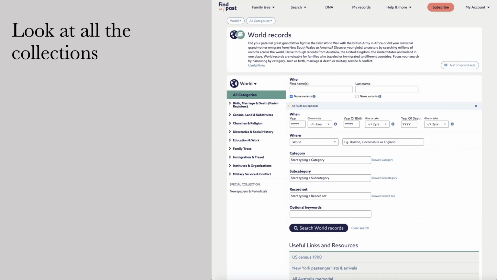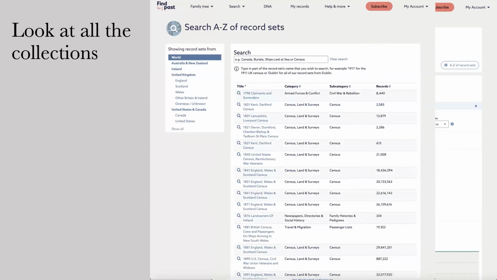So one thing that's important about all of these programs, any program you go into that's an online database, meaning they have collections of genealogical records, or any records for that matter, that may be helpful to genealogy. One of the first things you need to understand, and get a concept of, is what records they actually have. So you can go in here to the A to Z of the record sets and look at a list of all of the records